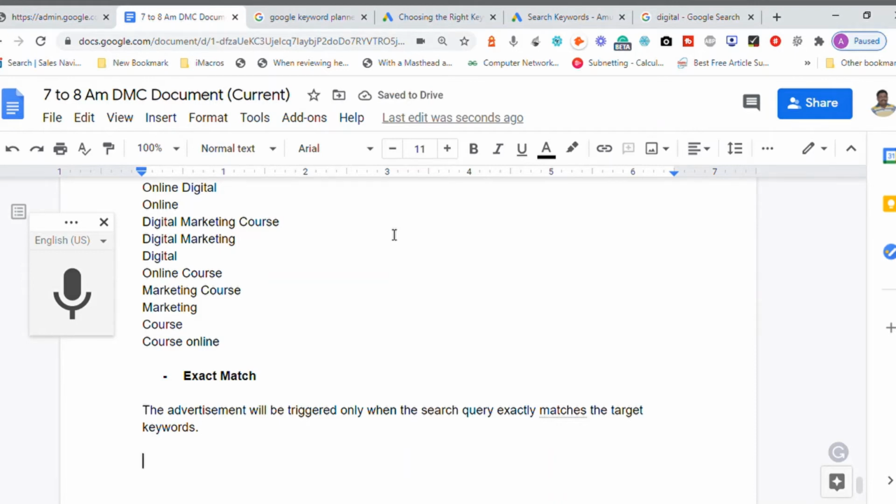For example, the exact match keywords are represented with double square brackets.